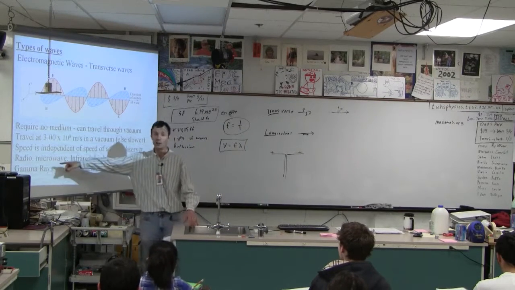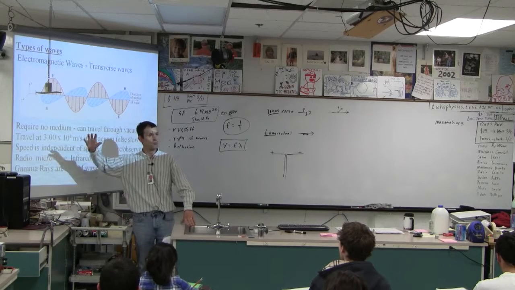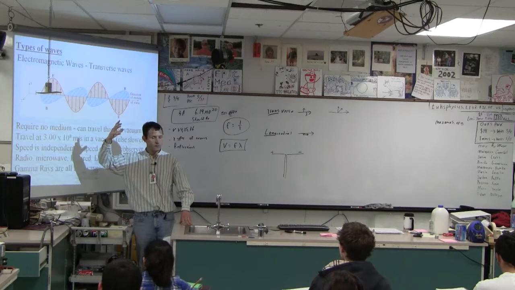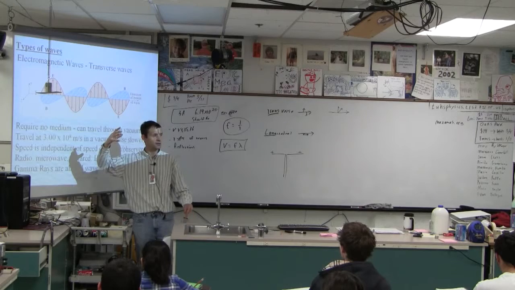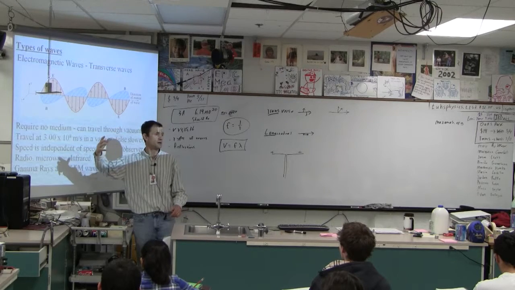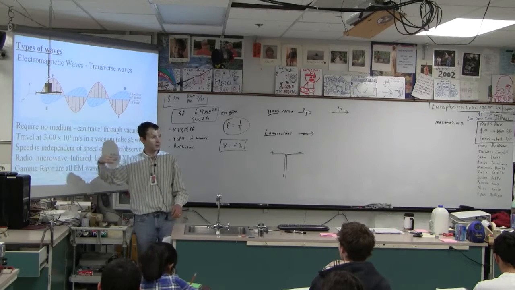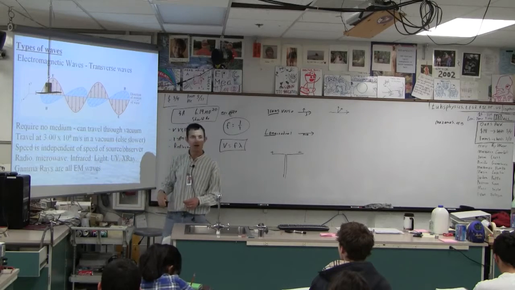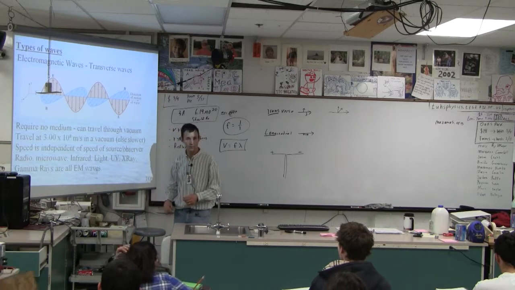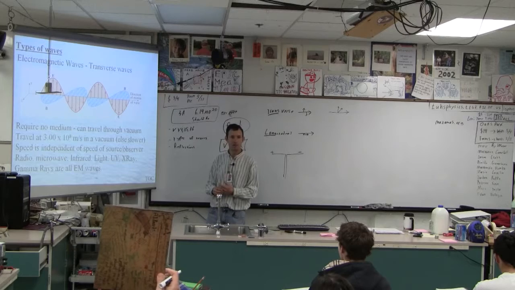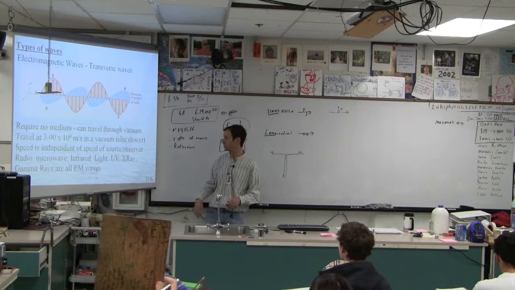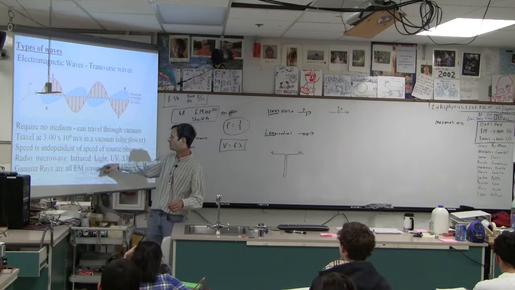Okay, and then gamma rays, you can just expose a whole room full of ground beef to gamma rays, and it'll kill everything in that room. The beef is already dead, but it'll also kill the E. coli and all the other bacteria, right? Gamma rays are just really high frequency light. It's the same thing, high frequency electromagnetic waves. Light is just what we call the stuff we can see, right?